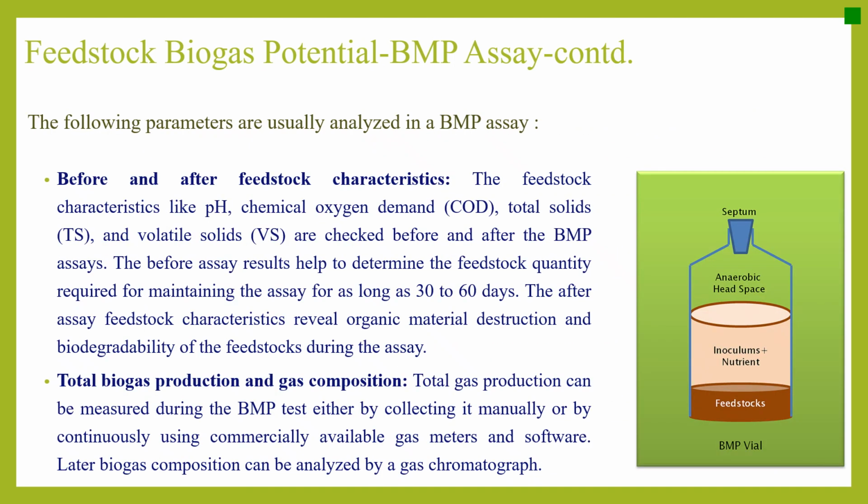So the following parameters are usually analyzed in a BMP assay, that is, the feedstock's characteristics before and after. The feedstock characteristics like pH, chemical oxygen demand, total solids, and volatile solids are checked before and after the BMP assay. The before-assay results help to determine the feedstock quantity required for maintaining the assay for as long as 30 to 60 days. The after-assay feedstock characteristics reveal organic material destruction and biodegradability of the feedstock during the assay,